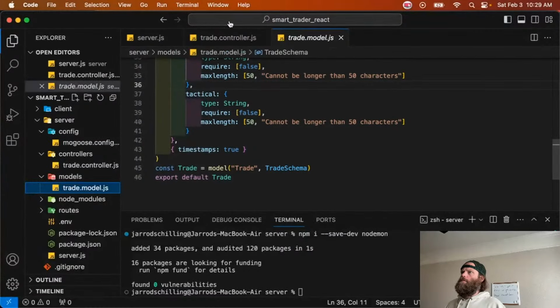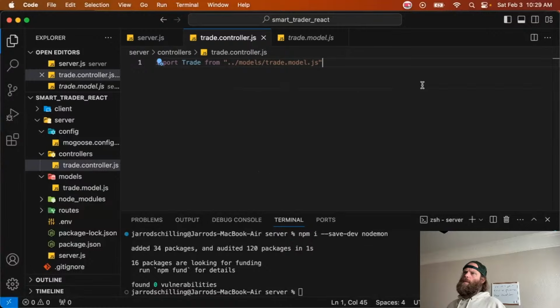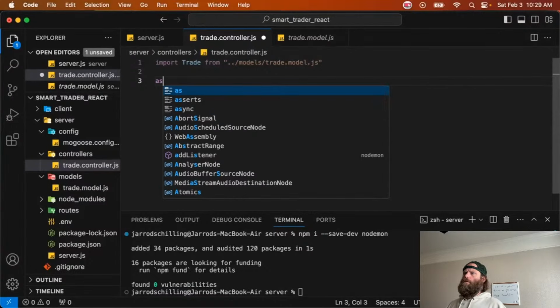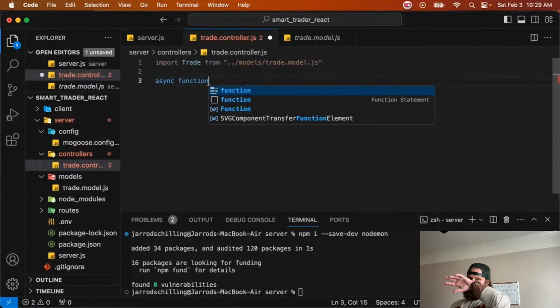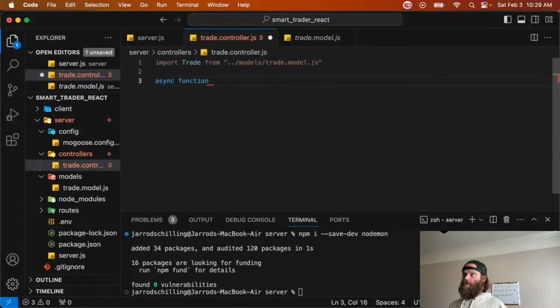Trade. It looks like maybe I have to use it and then it will. Let's see. Let's just see what happens here. It should work fine. So we'll create an async function. Create trade. Actually,